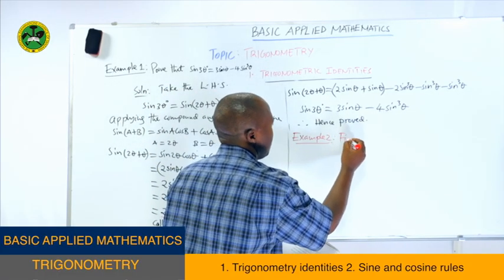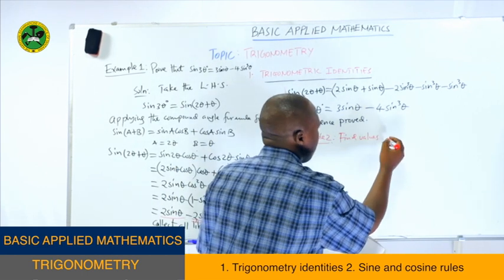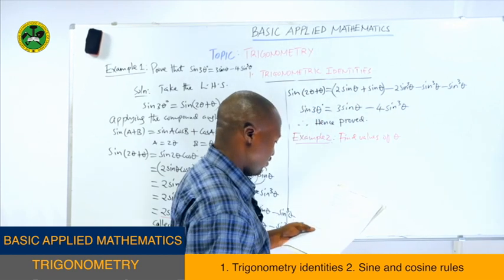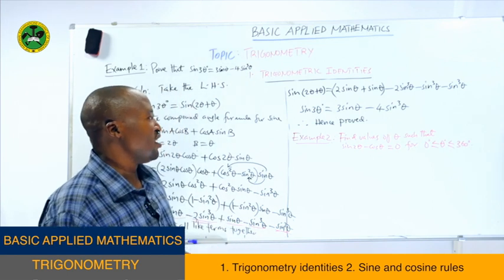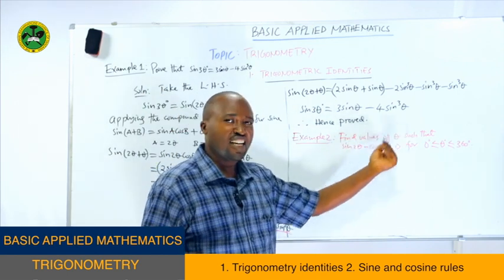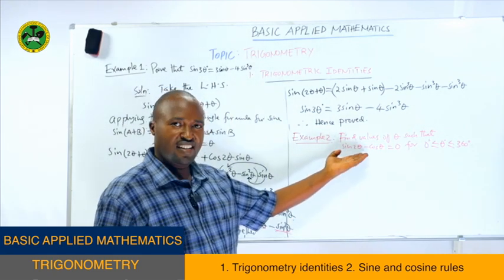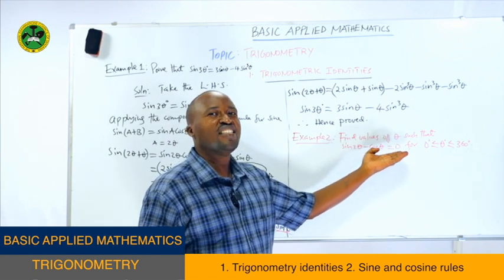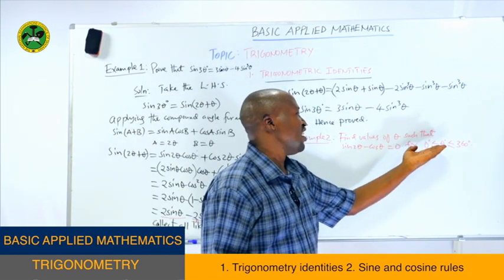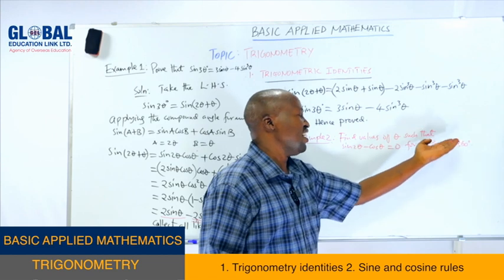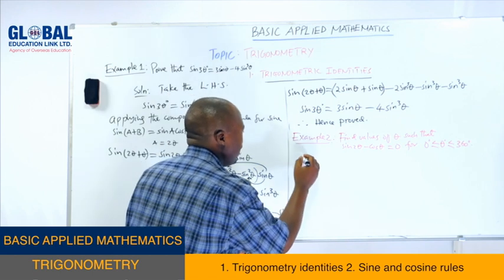Find the values of theta such that, so we have a question which says find the values of theta such that sine 2 theta minus cos theta is equal to 0. And you have been given the interval that is from 0 degrees, less than or equal to angle theta, less than or equal to 360. Now solution,